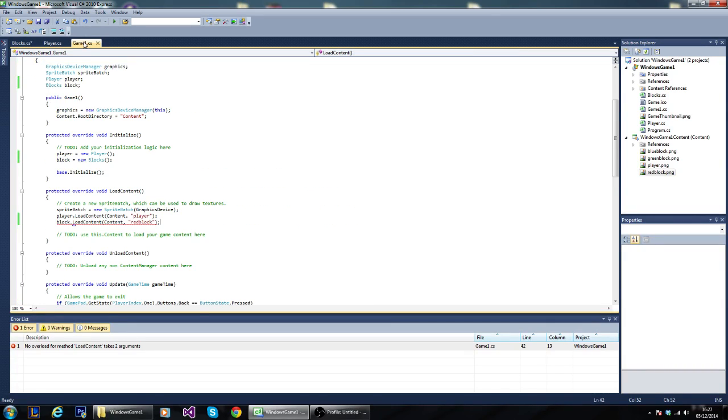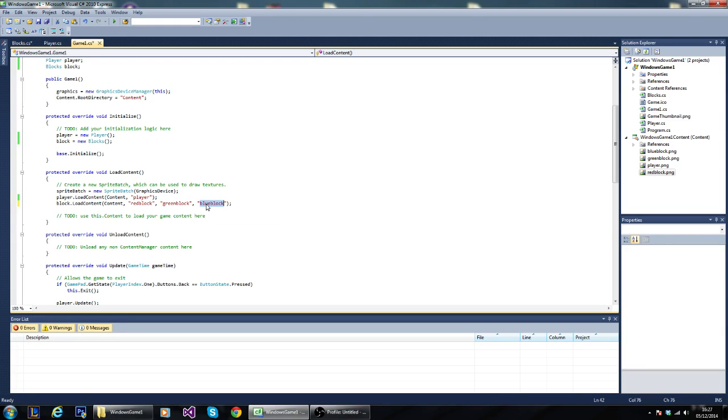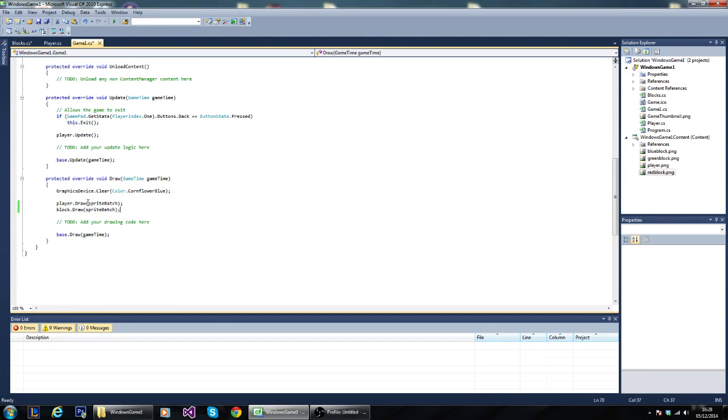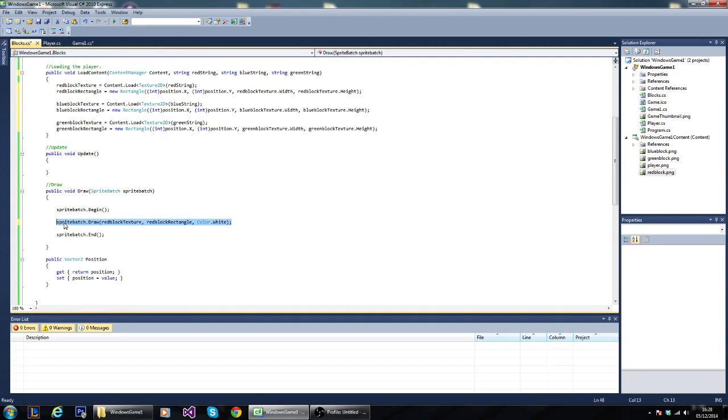Cool. So if we go back to our game, we're going to pass through the red block, then we're going to pass through green block, and then we're going to pass through the blue block. And then that's it. We probably should have swapped these two. Just because that's the way we have it done in our block. We have red, blue, green. So in here we should have red, blue, green too. Just so if anyone looks at your code, they kind of understand what you're doing and what you're passing through. So right now, if we go into our blocks and we do this,